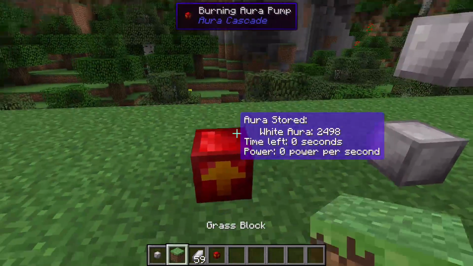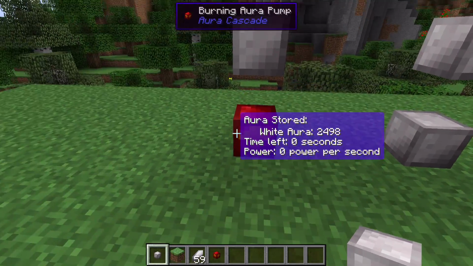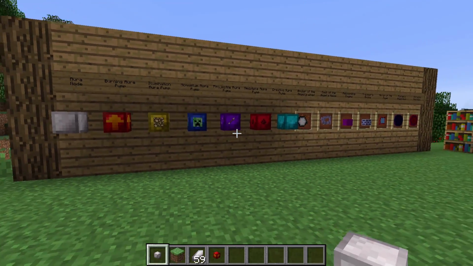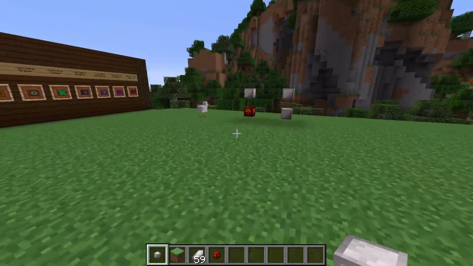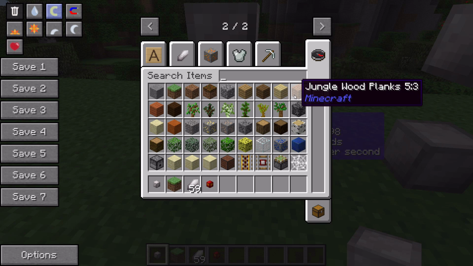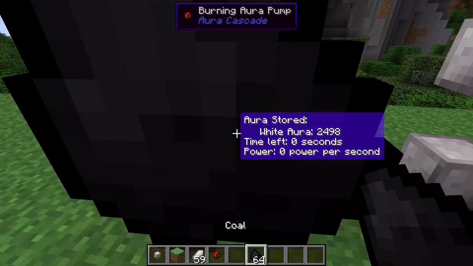And then if we put one above it, you'll see right now it made the connection, but it's still not moving any aura. Now, each one of these pumps that we have here uses a different fuel in order to move aura up. This one, the burning aura pump, uses fuel, I guess. Uses things that you can burn. So if we grab some coal, some wood, some charcoal, anything like that, and we just throw it at it,